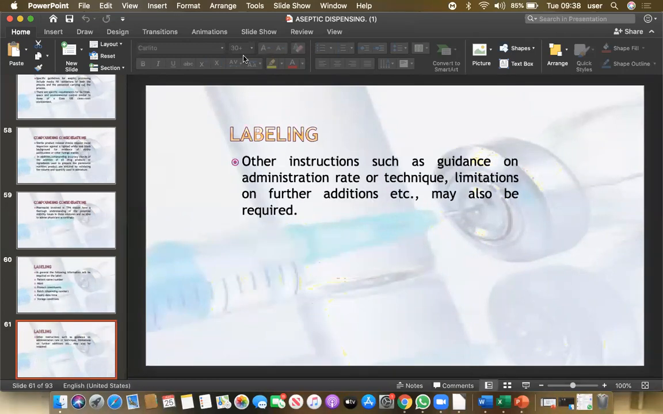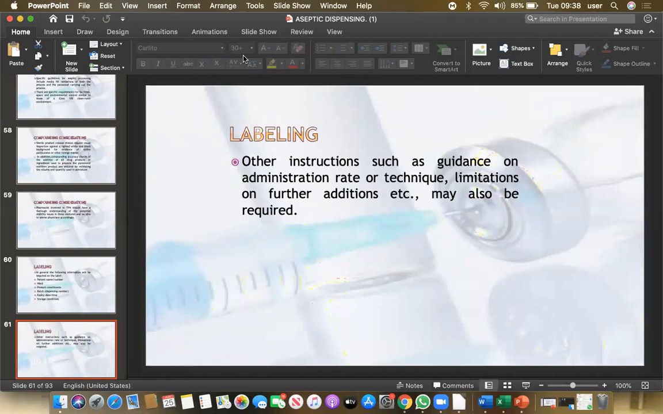Other instructions such as guidance on administration rate or technique, limitations on further addition may also be required. Now, how that drug is applied, how much the flow rate is, all these things have to be written over that label for the safety of